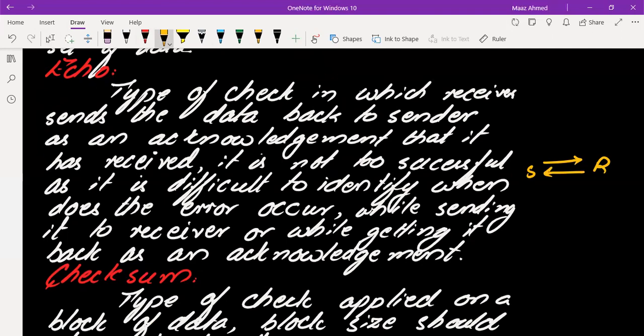Now the sender is going to compare both sets of the data. For example, this one is A, this one is B. Now these will be compared. If the comparison for both of them is fine, that means the data transmitted is perfectly okay. But if they are not,